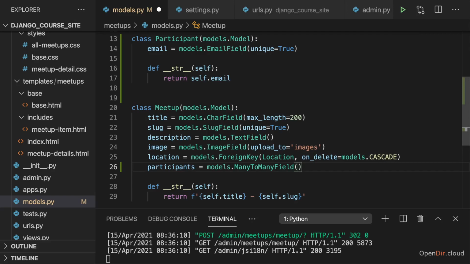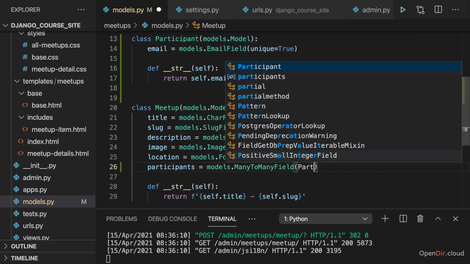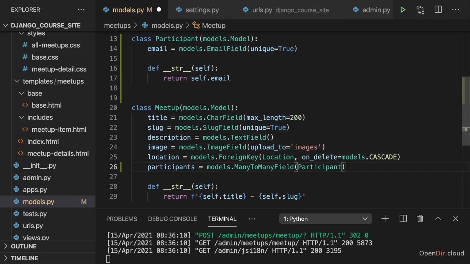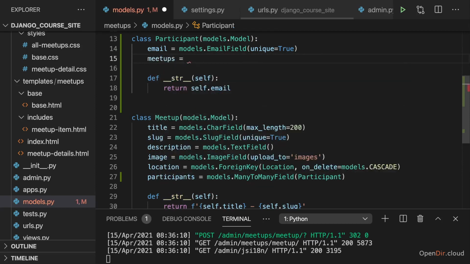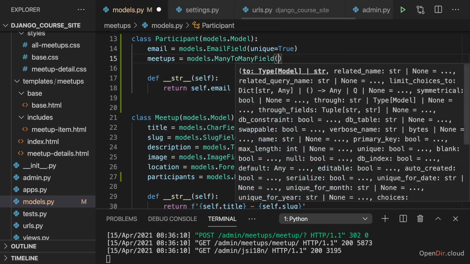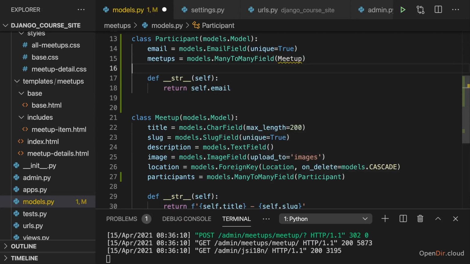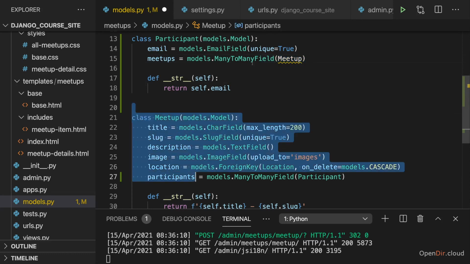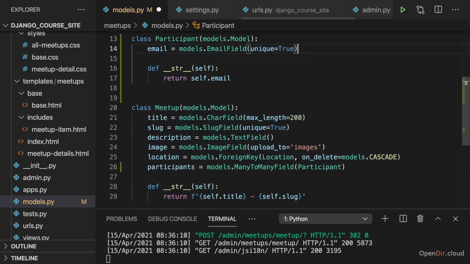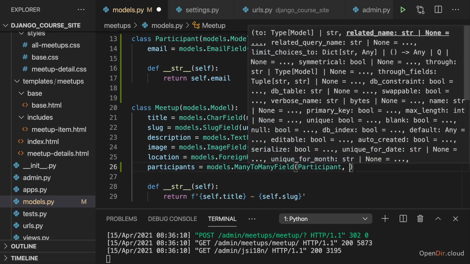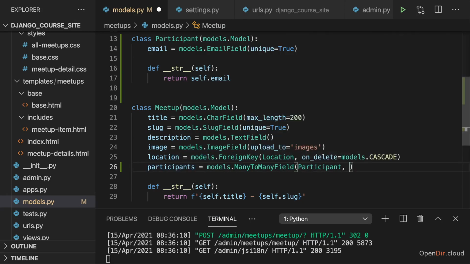And here we now again point at the related model, Participant, and we only need to do this in one of the two models. We could do it in both. I could add a meetups key here in Participant and point at Meetup, at least theoretically, but practically I can't because I have a cyclical dependency. Meetup is defined after I try to use it, and it's also not required. I could define it here and not there if I switch the order, but defining it in one of the two models is enough. Now here, I want to make sure though that you don't have to have participants,